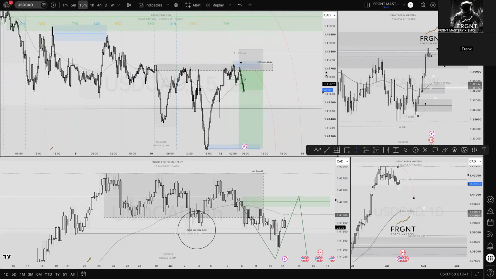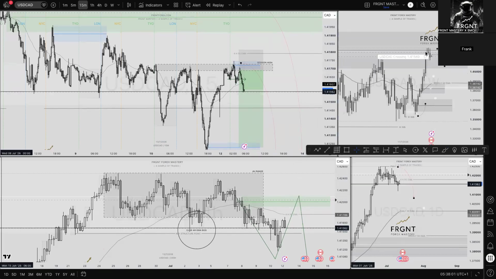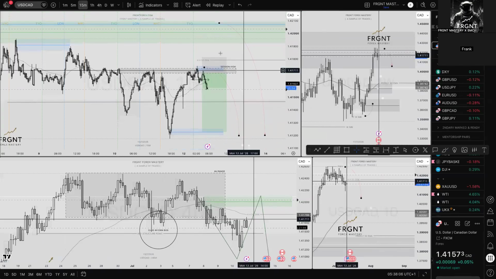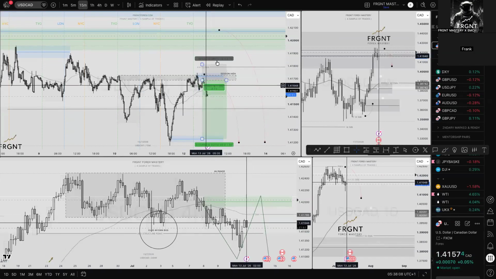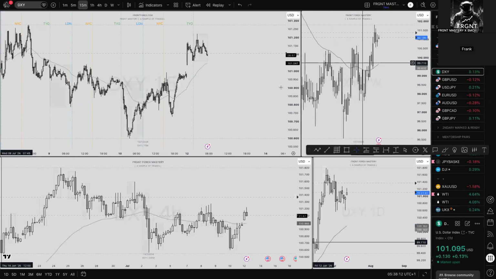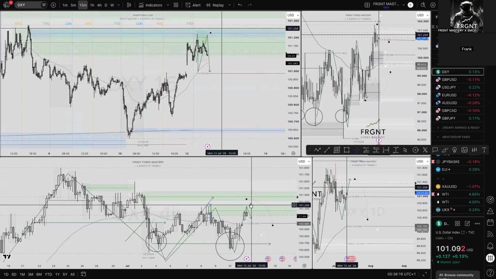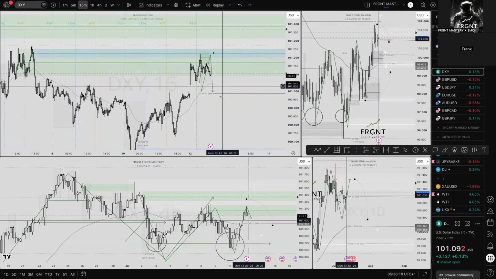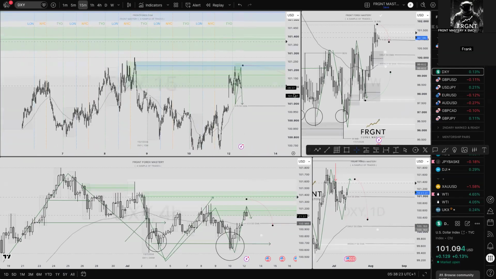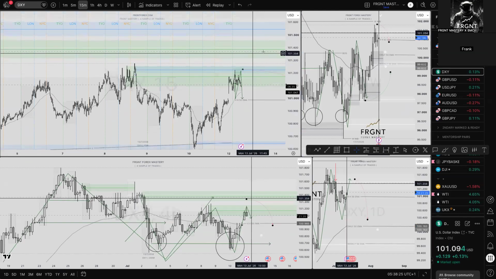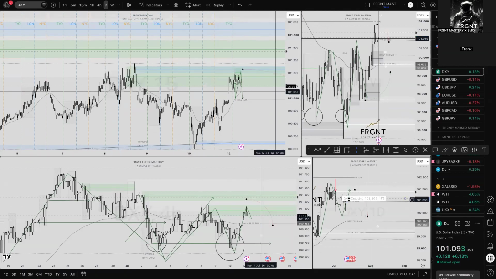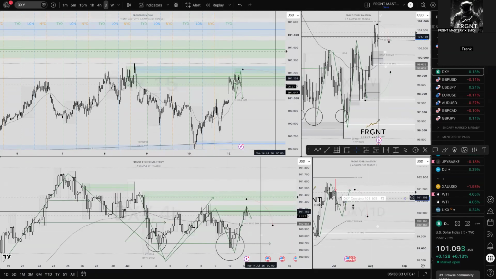If I do go silent for a little bit, it's just because I'm moving this to break even, but I won't do it just yet. We'll move on. So what I'm looking for today, honestly, I do foresee this to be taken out at break even. I don't believe that DXY is fully ready to turn around just yet. Granted, it has come into a 4-hour order block. It does look good, but there's every opportunity for price to move short from there. I'll back myself, but I feel like this area up at those highs is a better area just because we're quite low within that higher time frame point of interest.